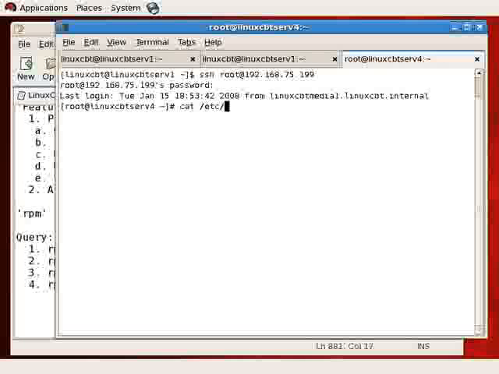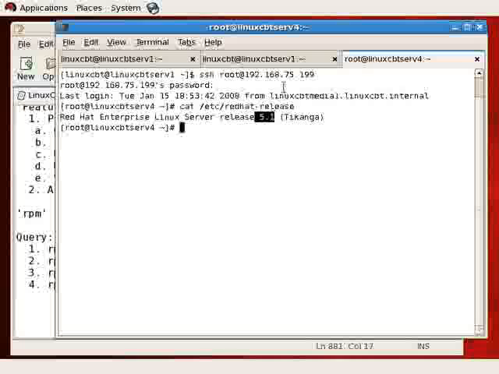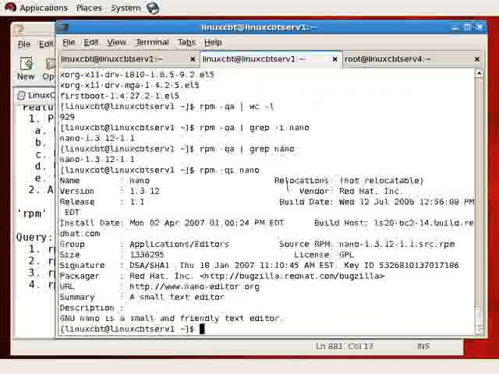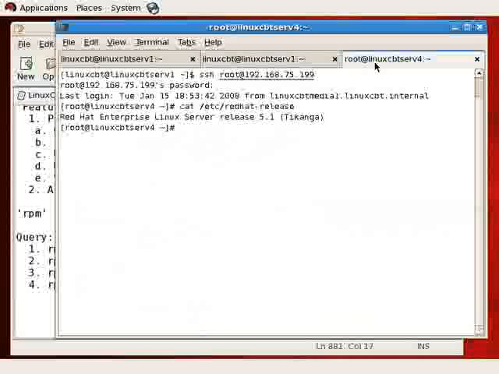And this system, if we cat /etc/redhat-release, you see that it's running 5.1. So the version of Nano is likely to be slightly newer. We know that from the local system, the version is 1.3.12, release 1.1. So on the remote system, let's rpm -q -i nano